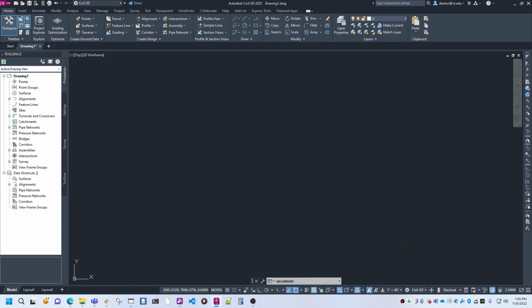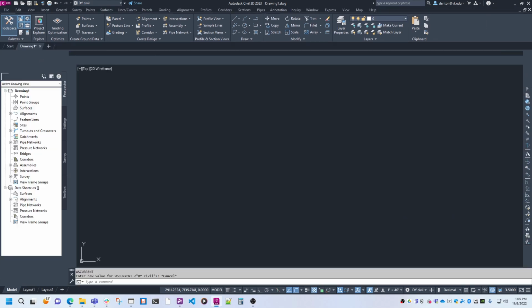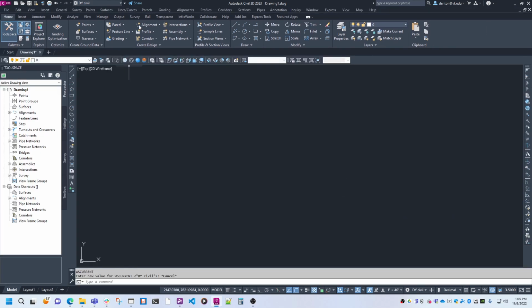AutoCAD Civil 3D menu. You can get your pull down menus with the menu bar command, and you can dock your toolbars. Everything works like normal. So instead of having an icon to switch between the two, you now have the menu command to switch between